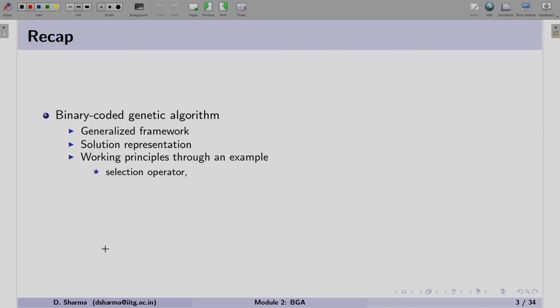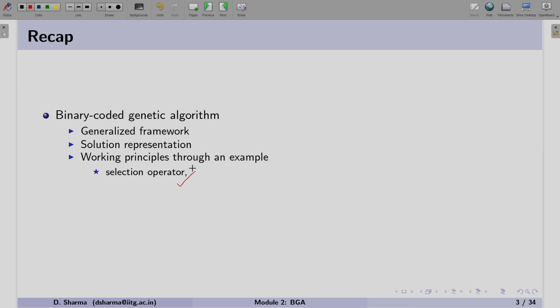There was a parameter called precision that we also discussed, and we found that if we want more precision, we have to increase the length of the binary string. Thereafter, in the working principle, we took that Rosenbrock example and started with the selection operator.